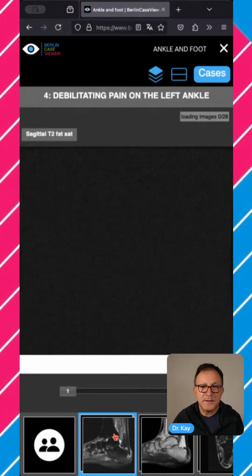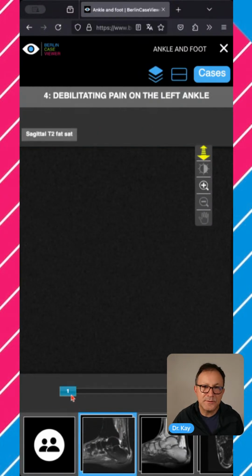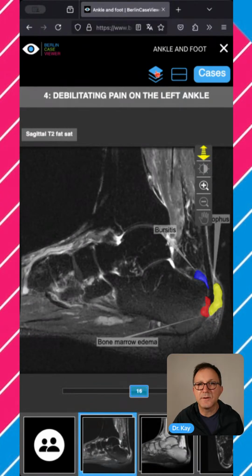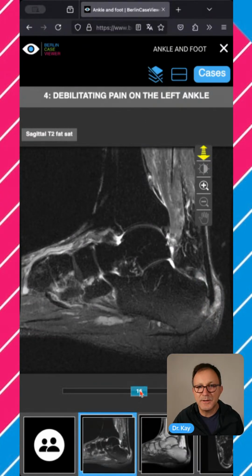So looking at the MRI images, you can scroll through the images, and we have here already the explanation shown. So we see that we have a STIR sequence. We see the Achilles tendon. We see the plantar fascia. We see these high signal intensity changes, and